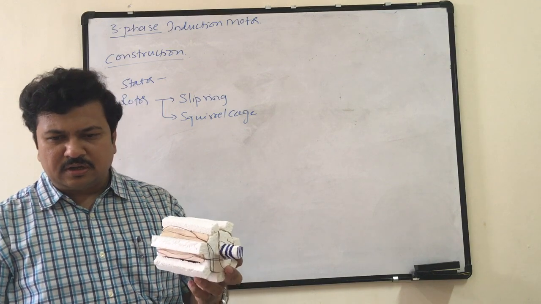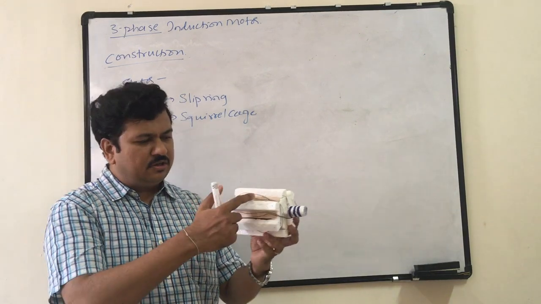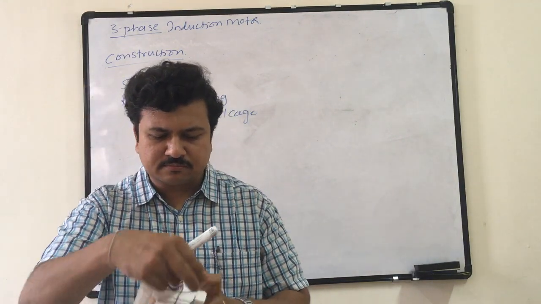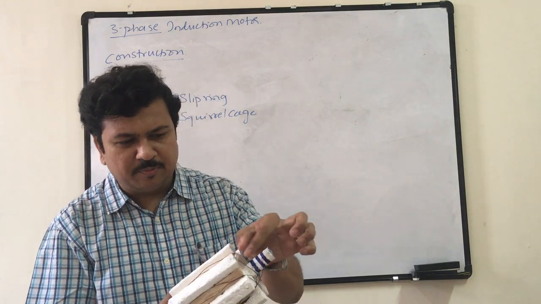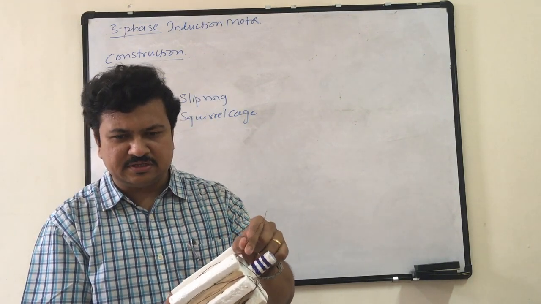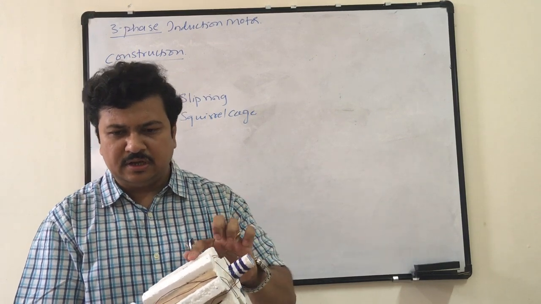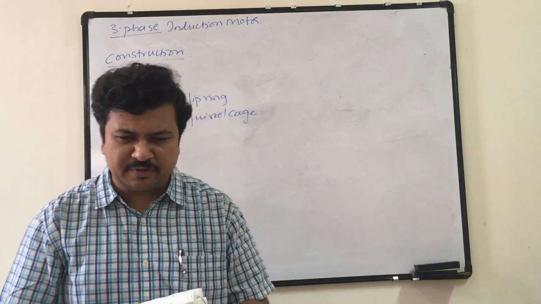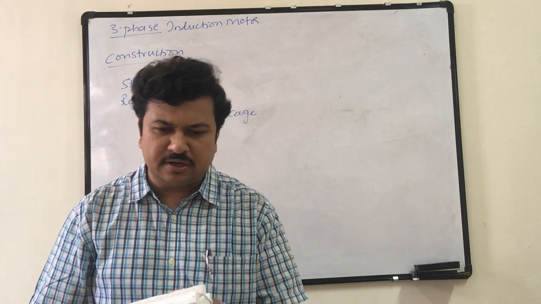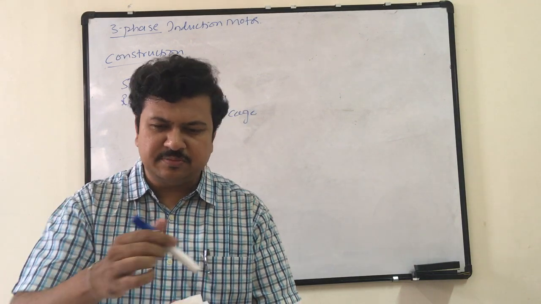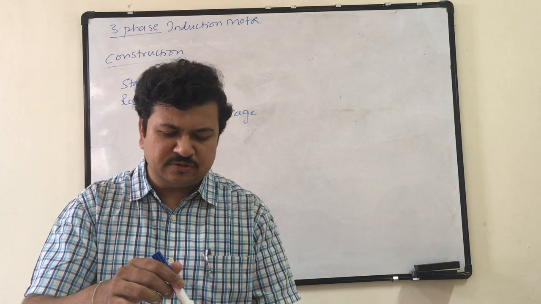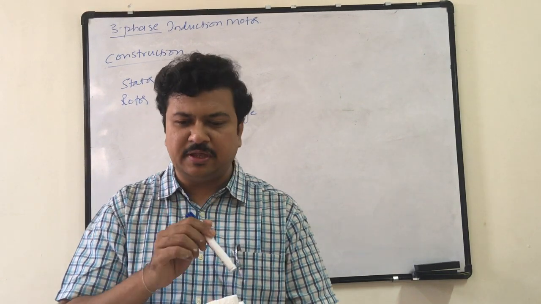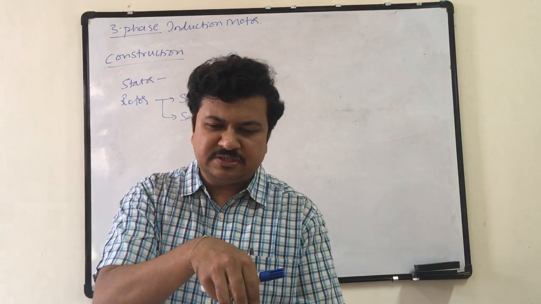The rotor slots will again carry the three-phase distributed winding. You can see the copper wire, the actual copper wire of the motor winding itself. I will be placing the conductors in the form of winding in the slip ring motor, and this three-phase winding is connected to three slip rings. There are three blue rings you are seeing on the shaft. One phase each is connected to each slip ring, and upon these slip rings I will be placing three brushes.